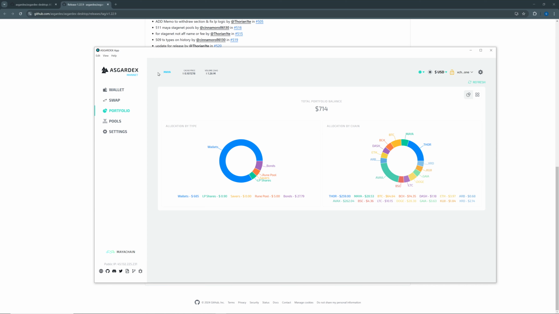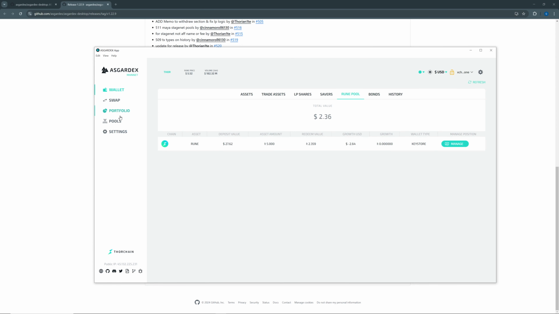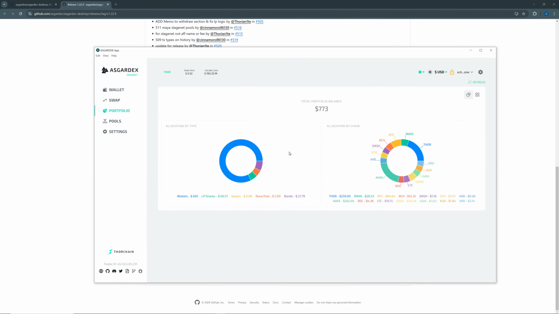You can also go, if we go back to THORChain, and have a look at the numbers and say, I want to manage my pool, click manage, and it'll take you to the relevant spot. So that's the portfolio. It's also a work in progress. There's going to be some updates in the next release. I'm using some new libraries to make things look more fancy, but it's still a really good spot to see everything